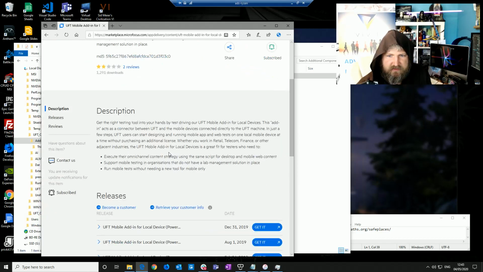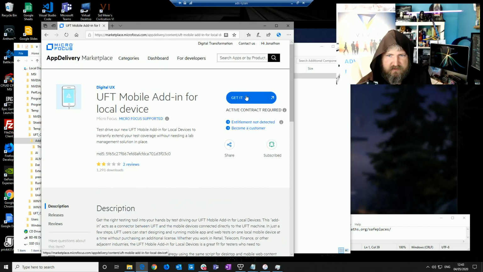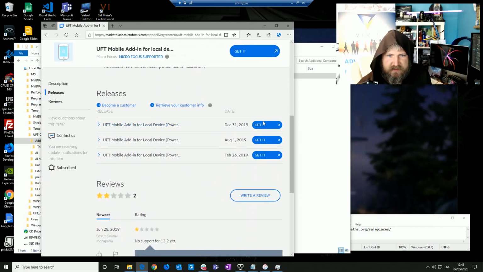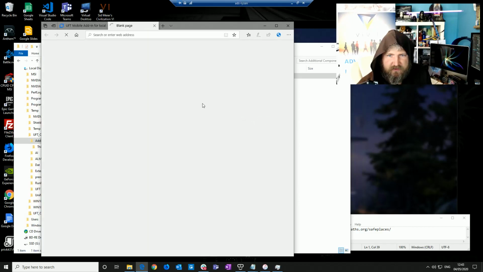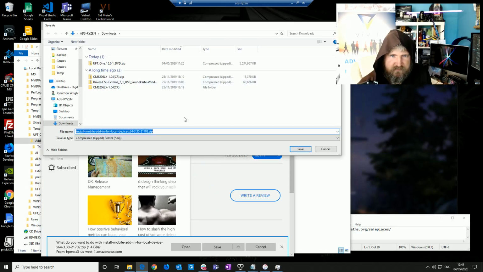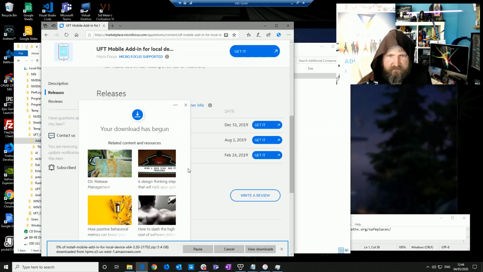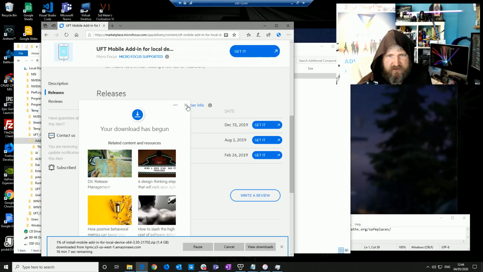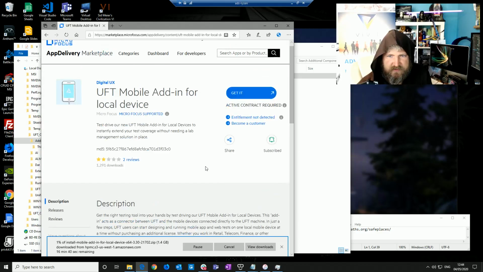Okay, now it seems to be saying to me it needs an active contract required to download this, but we'll give it a go. So 1.7 gig. I'll download that. Now there were a few different versions of this,